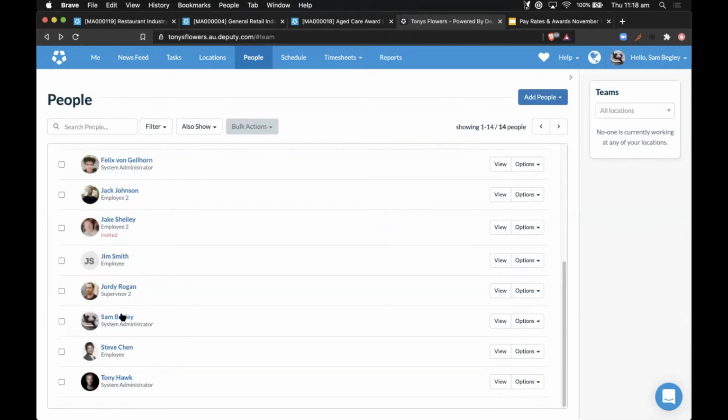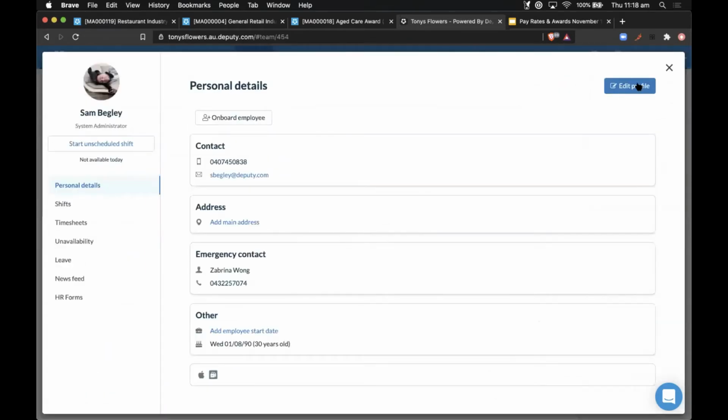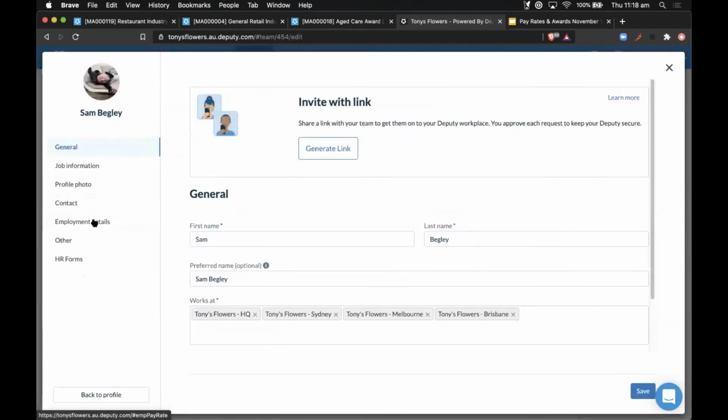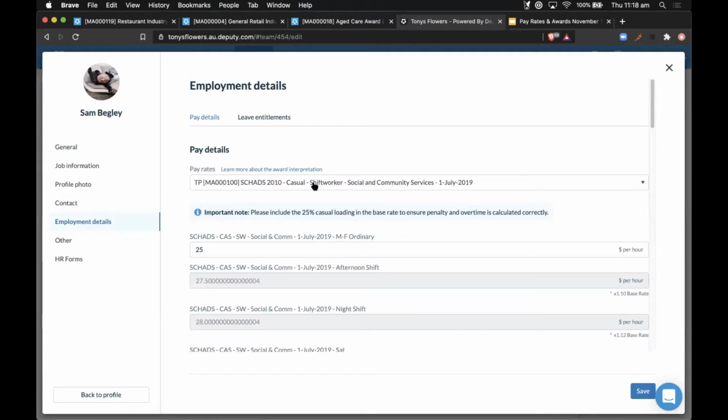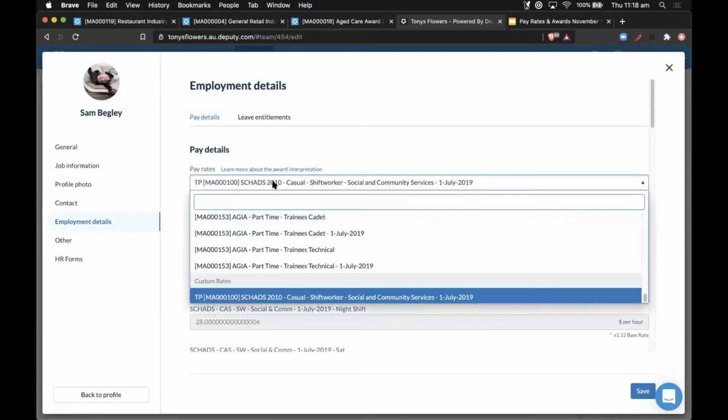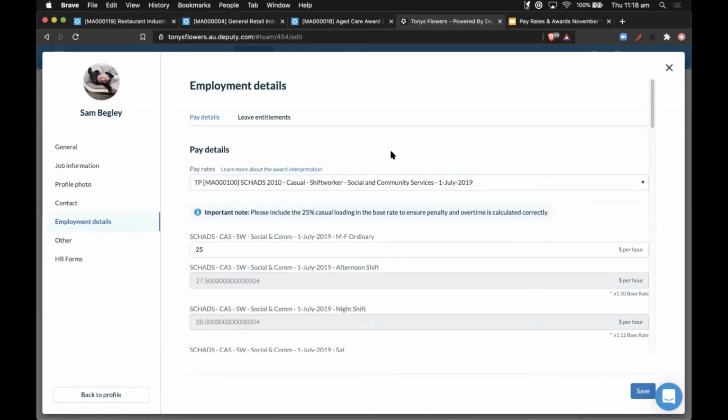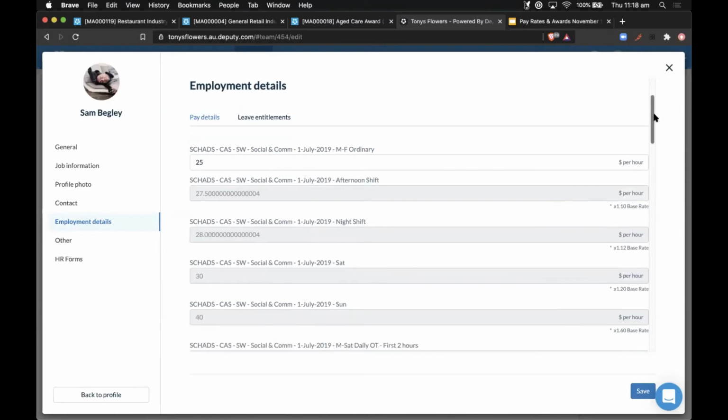So if we go to myself, for example, and hit edit, we'll pop into employment details, and you can see that I've elected SHADS in this one. As per healthcare awards, it can be a little bit more complicated in a lot of ways.